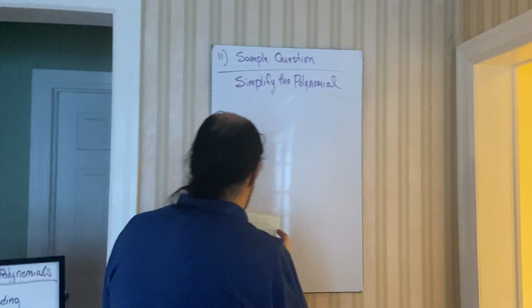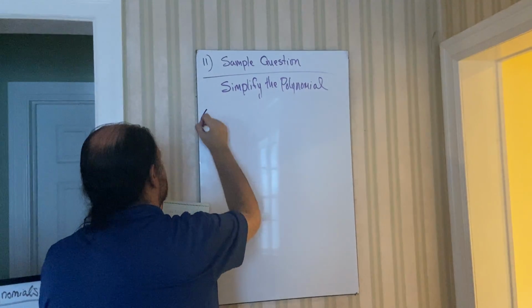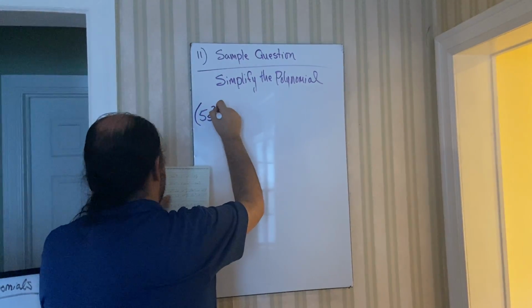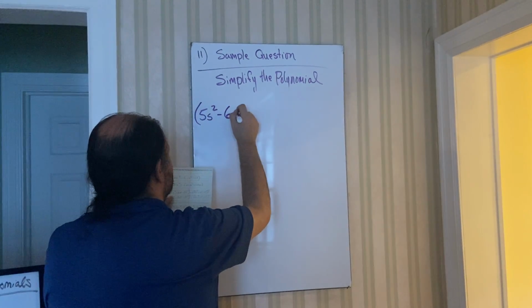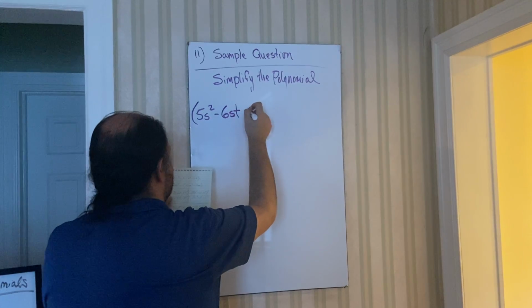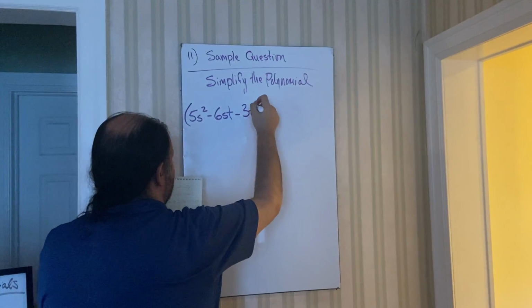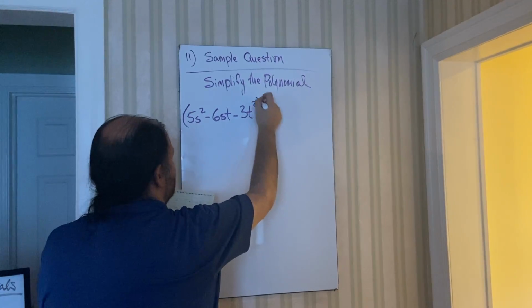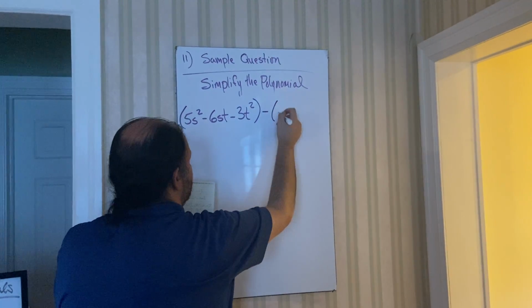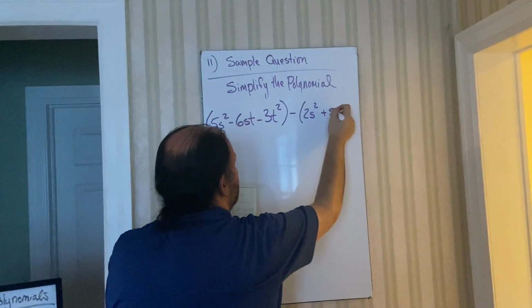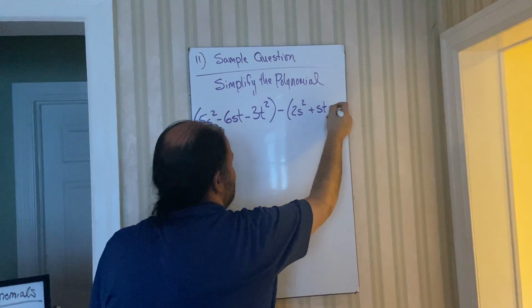So you could have this. Remember, a trinomial with a trinomial that has different letters. Not just all x's, but maybe 2 different letters, like s's and t's. But it's the same